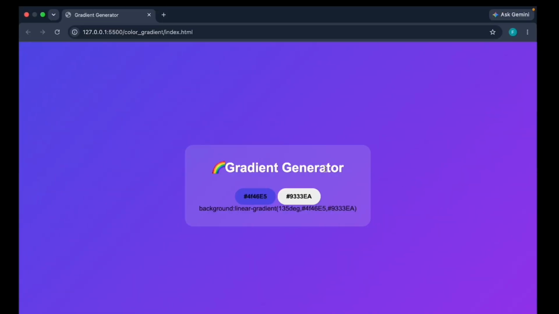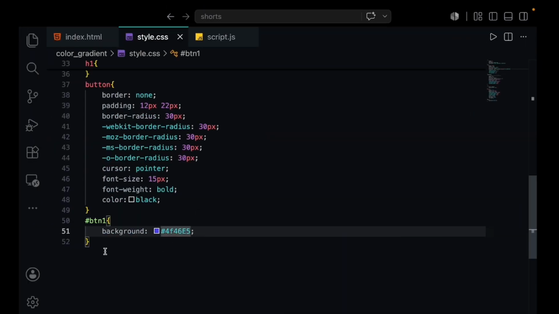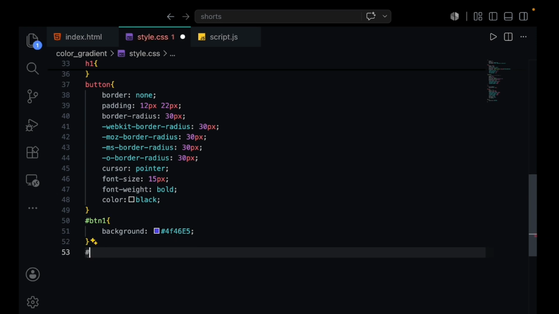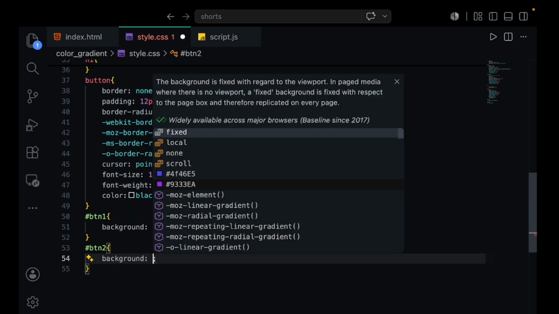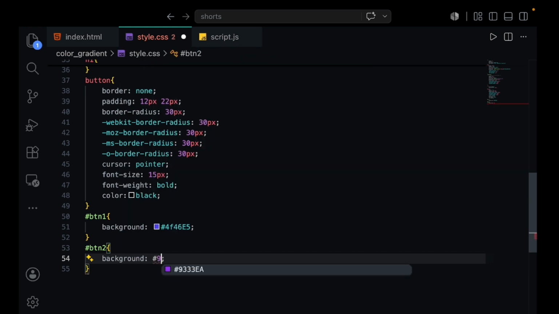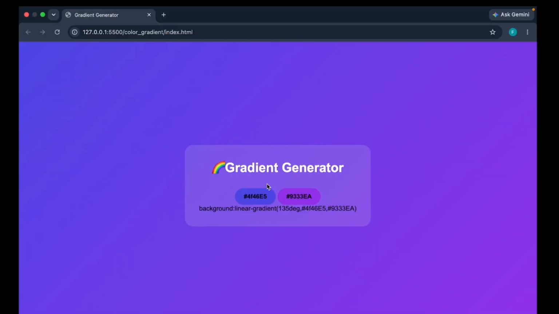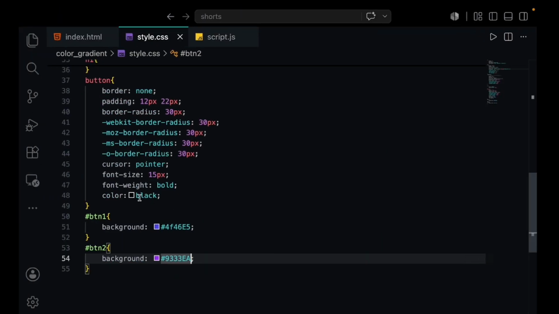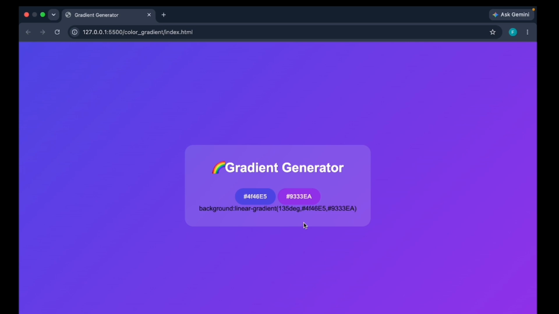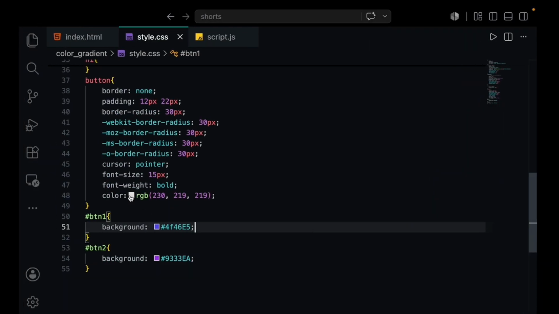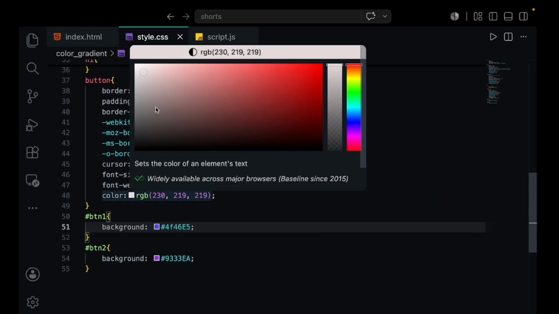And also our BTN2, so hashtag BTN2, let's give that background color. That one we have given 9. Yeah, let's see. I think now I have a different color like this, a little bit brighter. Let's choose.